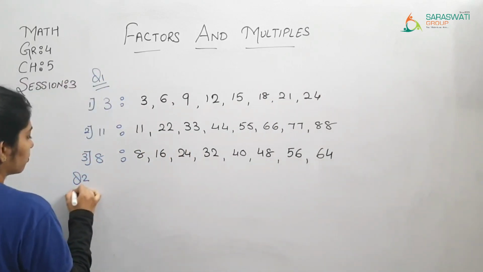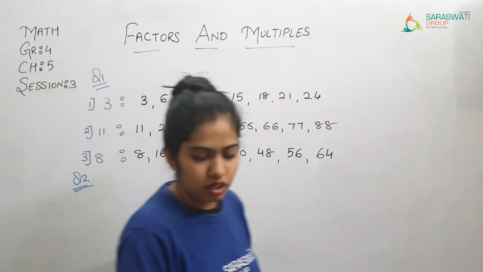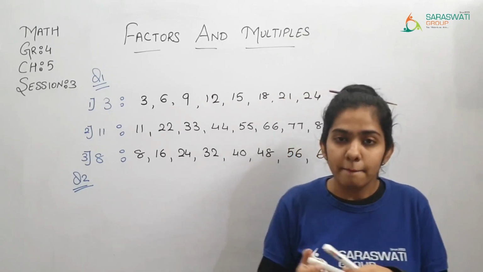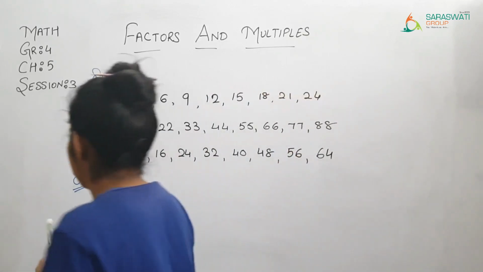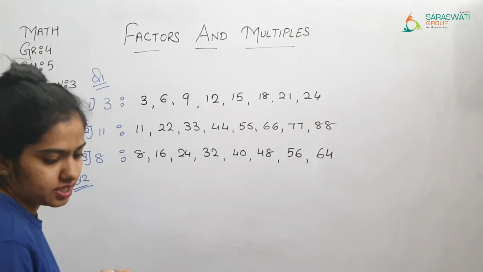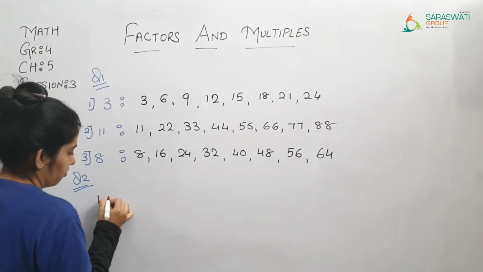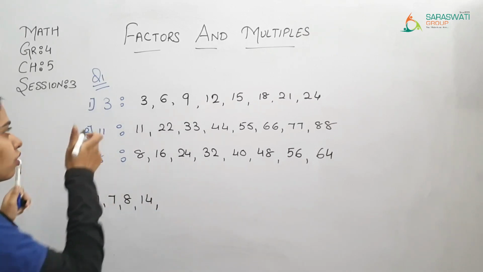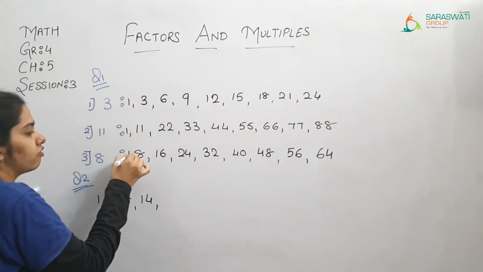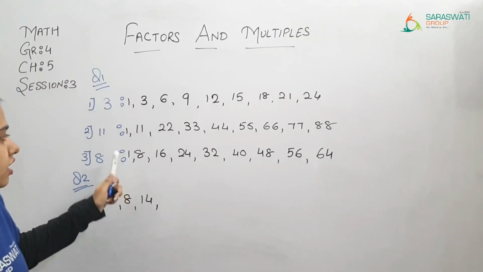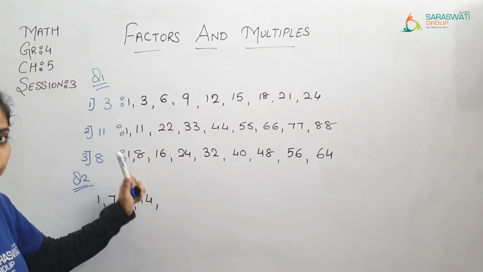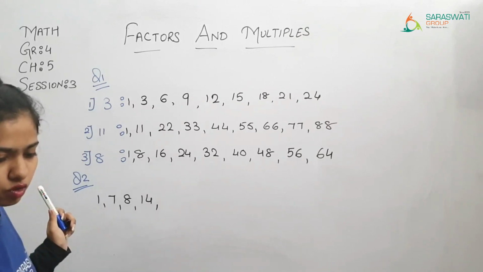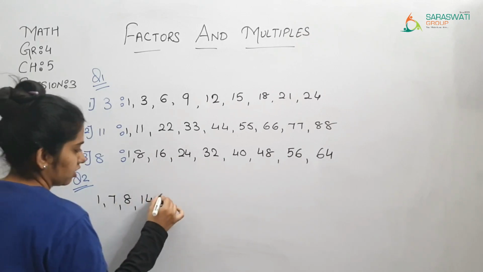Question number 2, in which you are supposed to find out that which of the following numbers are not multiple of 7. કે અહીંયા હું નંબર્સ લખું છું 1 7 8 14. Yes, don't forget to write number 1 કે 1 છે એ બધા ફેક્ટ નો મલ્ટીપલ આવે. So 1 પછી 8 આવશે નંબર itself. Okay, 1 7 8 14 24 21